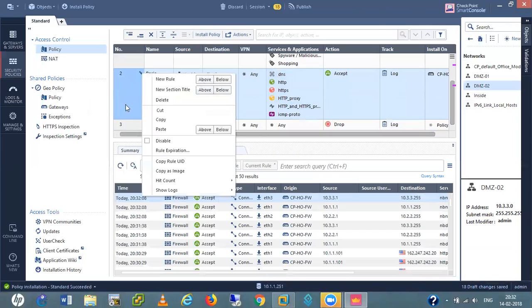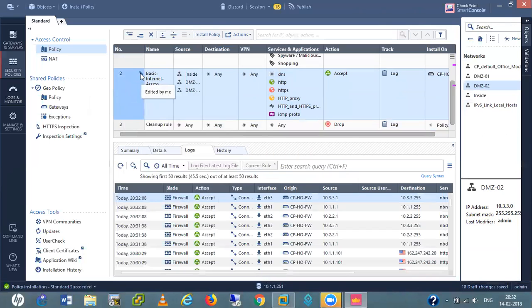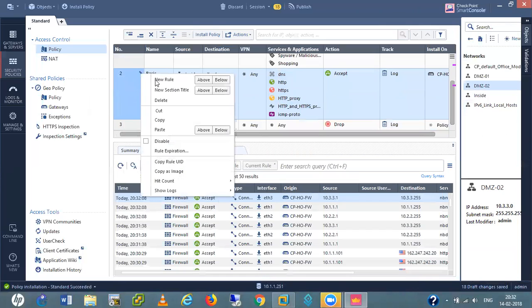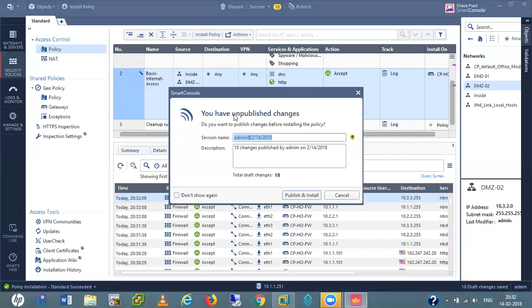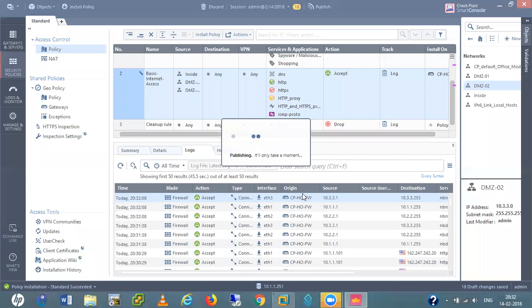Okay, so I'll have this rule here. Now let me install this policy again.